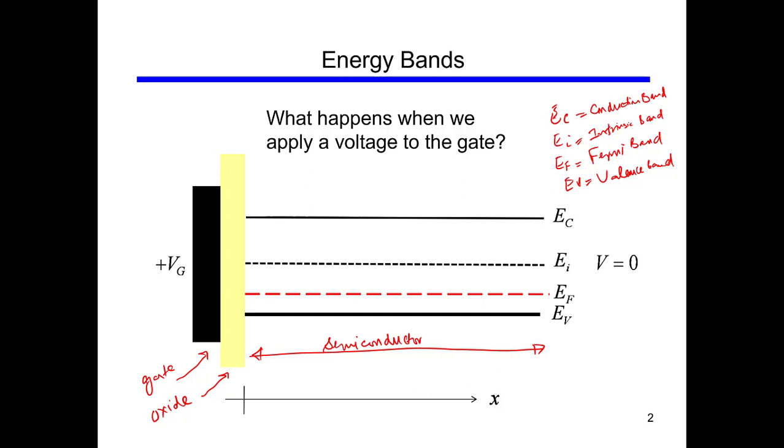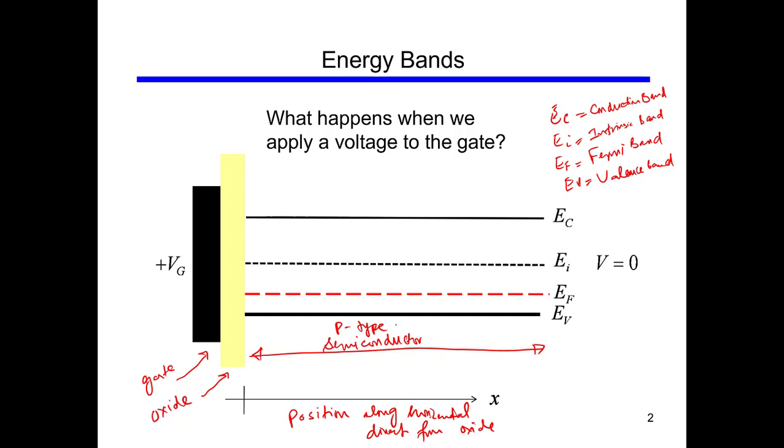Okay, on here below we have this X, which denotes the position along the horizontal direction from, let's say, the oxide. Okay, so you see this is the normal situation, and this semiconductor is p-type